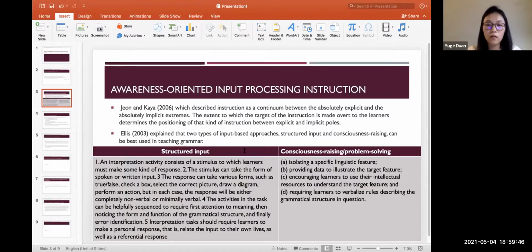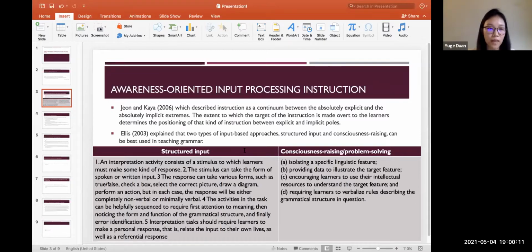Here you can see a chart. I listed two types of input-based approaches, originally used for teaching grammar. I will briefly introduce what these two types are, so you can have a sense in the following introduction